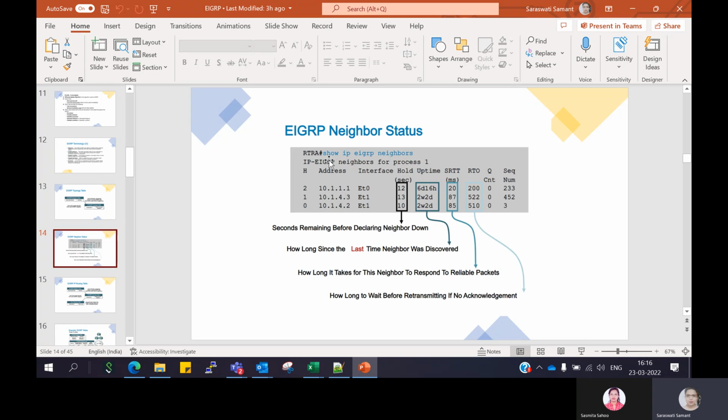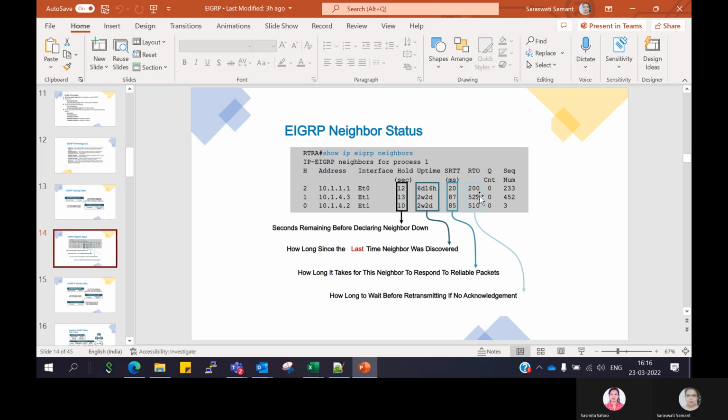So when you process this command, show ip eigrp neighbors, it will come up with this info. This is the neighbor, this is the neighbor, this is the neighbor. It has learned the information about those neighbors from this interface. The timer is this uptime. It's been up since 6 days, since 2 weeks, since 2 weeks. That is the last time neighbor was discovered